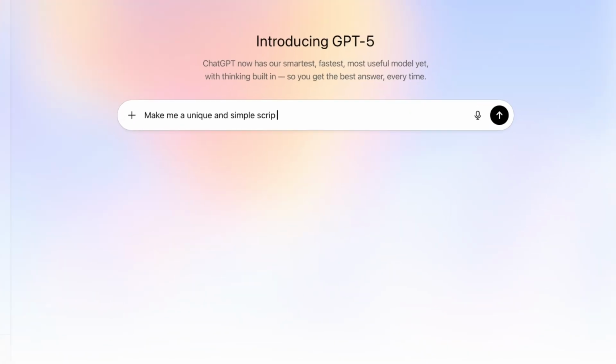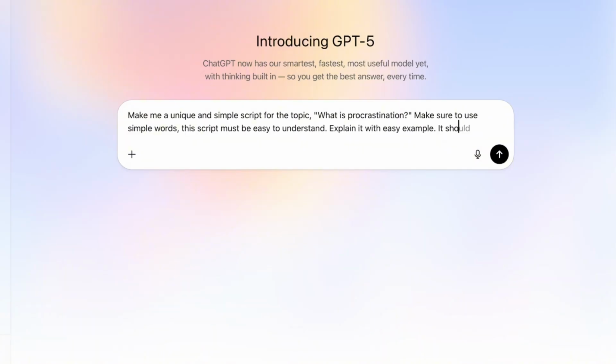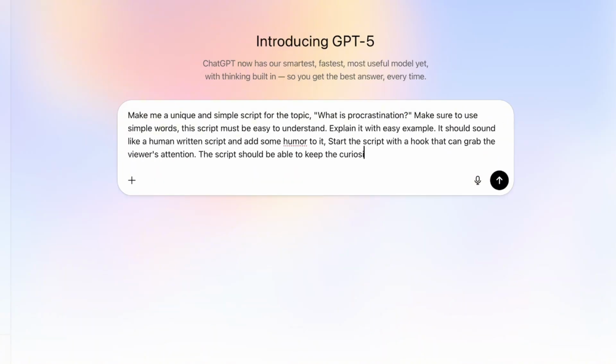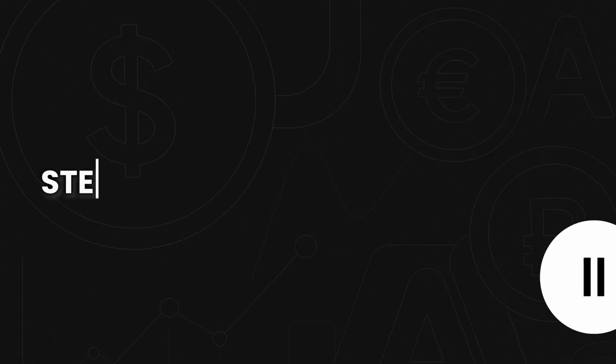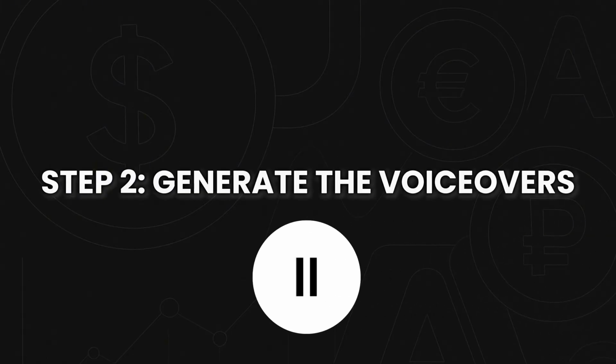step by step. So as my first step, I needed to create a script. I'm using ChatGPT and I'm asking it to create a script about procrastination. As you can see, the script literally took just a couple of seconds, and for step 2, we need to